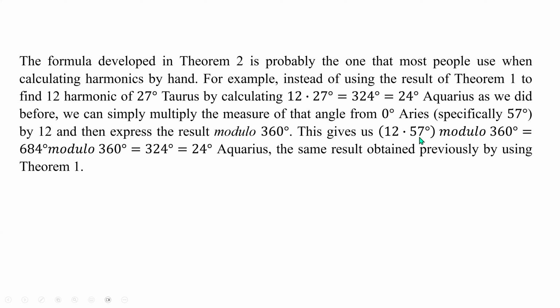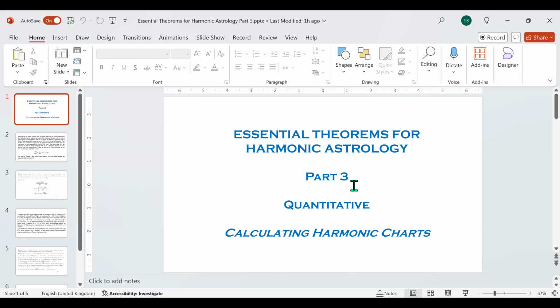This gives us 12 times 57 degrees modulo 360 degrees equals 684 degrees modulo 360 degrees equals 324 degrees, which again is equal to 24 degrees Aquarius. The same result obtained previously by using Theorem 1. Okay, that is going to be the end of part 3, which shows you how to calculate harmonic charts by hand. So let me stop sharing my screen,